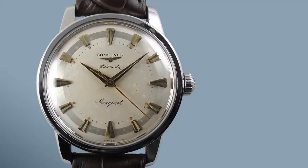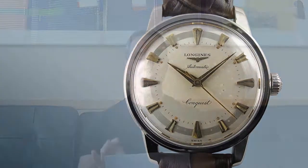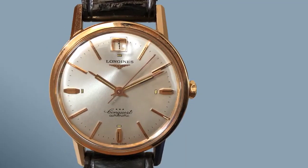Now the Swiss-based watchmaker was founded in 1832 and has some beautiful vintage dress watches from the 1960s and the 1950s. One in particular, and I'm sure you've heard about it, is the Longines Conquest. In my opinion, one of the most underrated and undervalued dress watches today. I really love the Longines Conquest